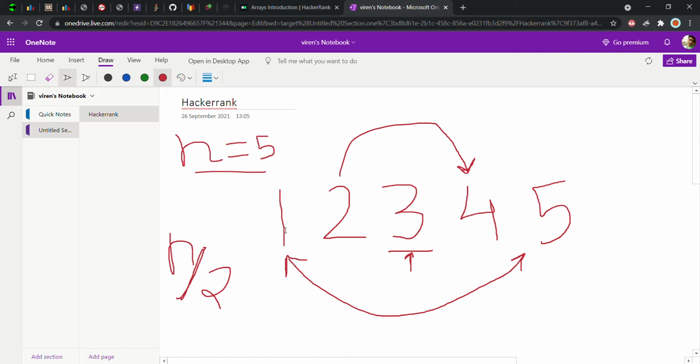So we run the for loop, and we come to the first element and swap it with the last element. Then we move ahead, and again we come to the second element and swap it with the second last element, and when we reach the middle element we break our for loop. So it will print the output like that. Fifth element first, then 4, then 3, then 2, then 1. So this was the output we want.